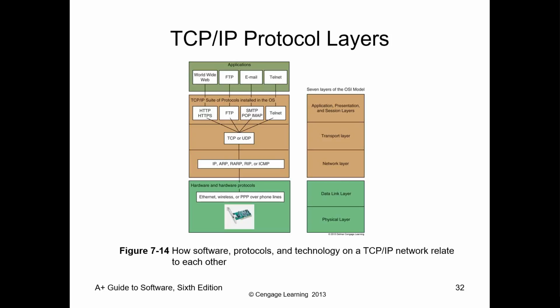So layers for our TCP/IP protocol is normally broken down into 7 different layers for our OSI. And OSI is just one model of many. And that starts with layer 1, physical, layer 2, data link, layer 3, network, layer 4, transport, and layers 5 through 7 is session, presentation, and